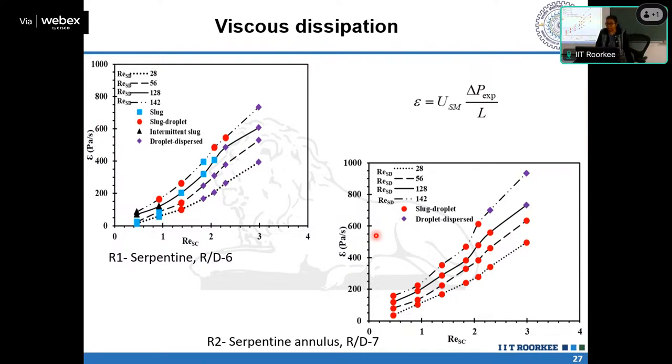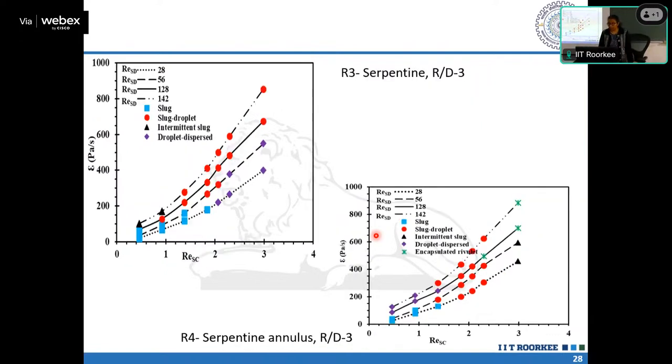We have another parameter coming into the picture, that is related to energy. What is the pumping power you can use? For that, we have estimated viscous dissipation, how much viscous dissipation is noted for each of the cases. What we have observed is that obviously the higher the R by D ratio, the higher the viscous dissipation. So taking this viscous dissipation into consideration,